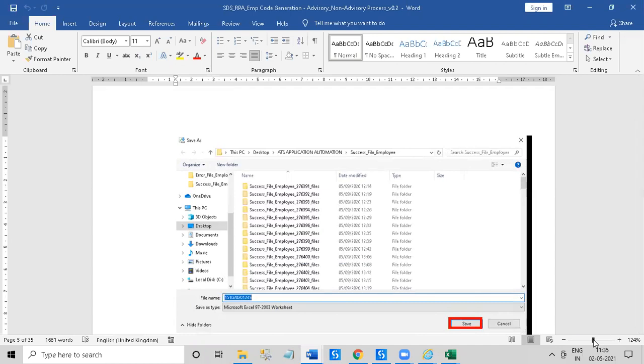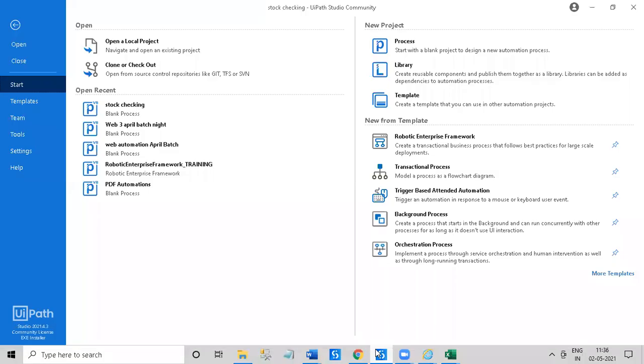We have two licenses for UiPath. One is the community version and the other is the enterprise version. For learning purposes, we have the community version which I am using. The community version and the enterprise version are almost the same, there is no difference. But if we take the enterprise version, we get support from UiPath. If we get any issue, we can call the UiPath team, and they will directly support us.